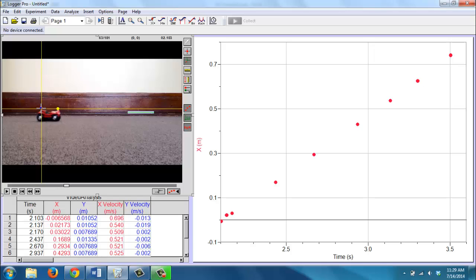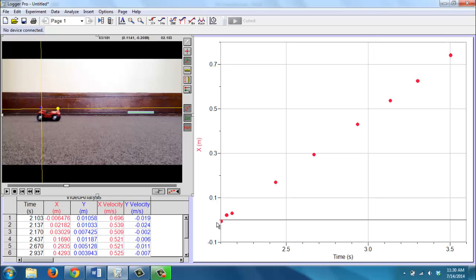These axes can be rotated by clicking and dragging on the yellow dot that is on this horizontal axis. This is the tool you would use if you were, for instance, analyzing some motion of a ball rolling down a ramp and you need to change your coordinate system. But for here, I want my axes to be parallel and perpendicular to the motion of the car. Now we see that my vertical axis starts at 0,